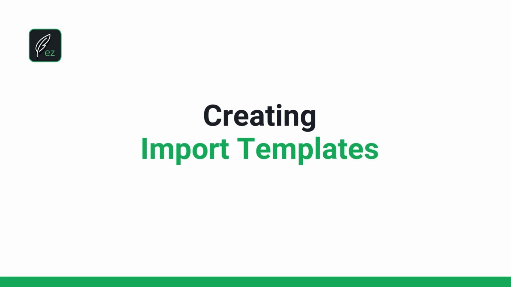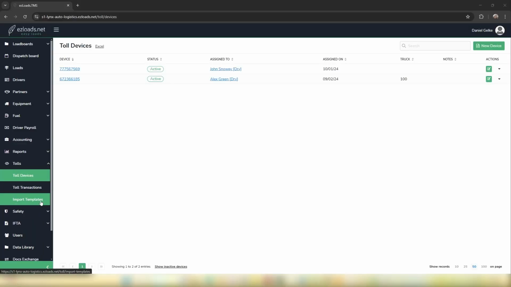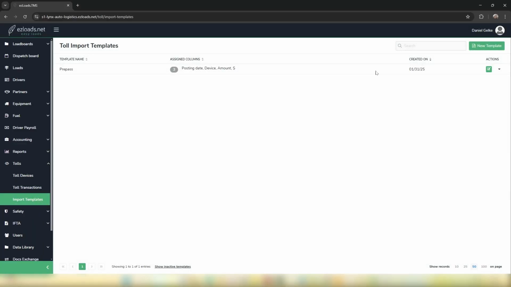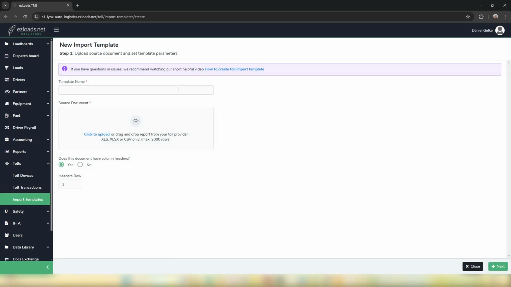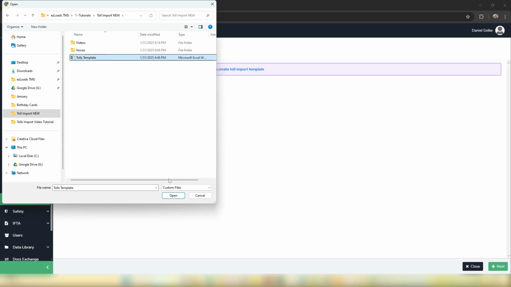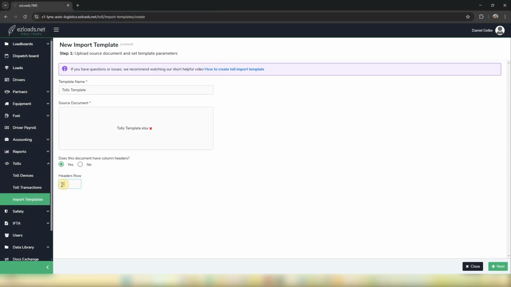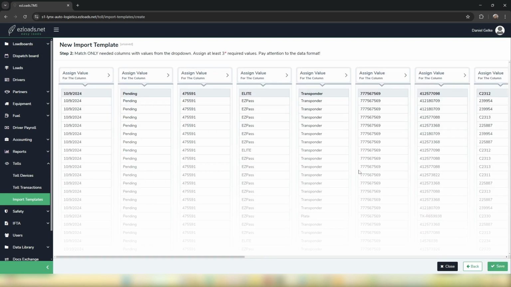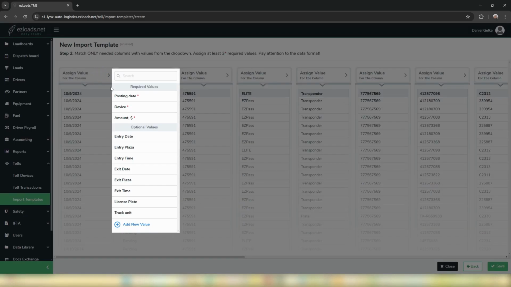Creating import templates. Next, navigate to Import Templates. Click New Template, enter a name, and upload your toll report file. Remember to assign a value to each column in the report, matching it with the corresponding field in our system,